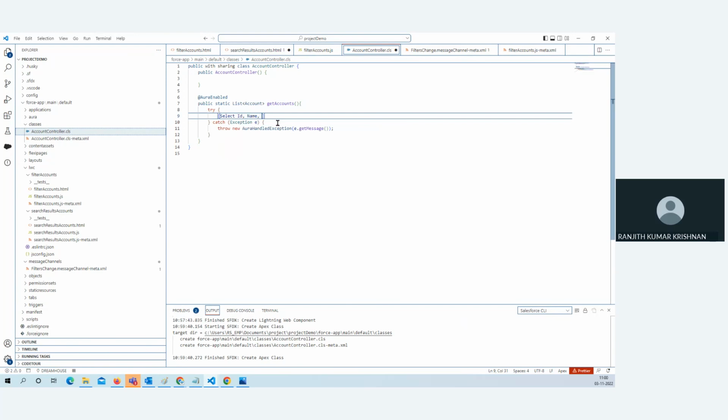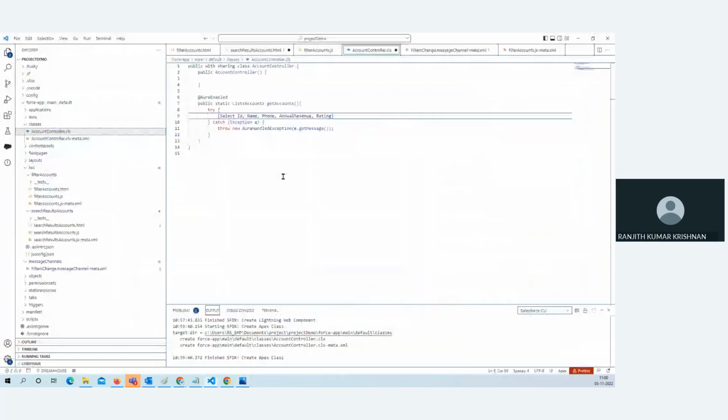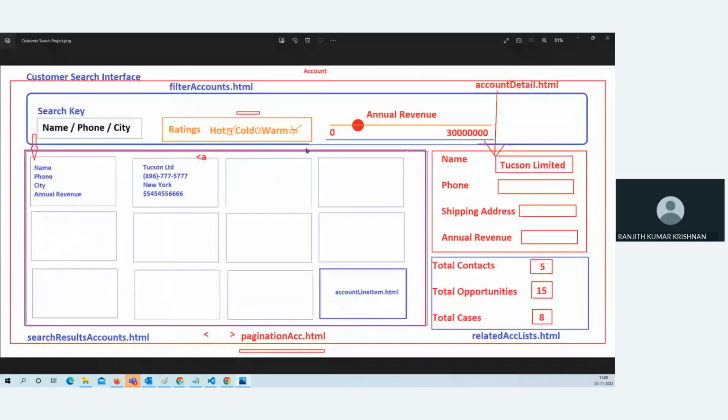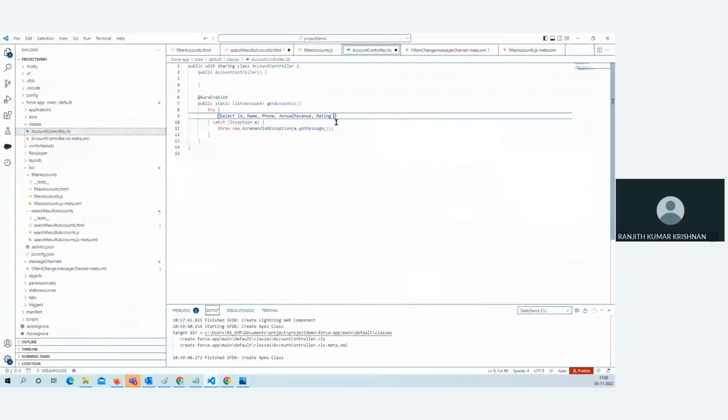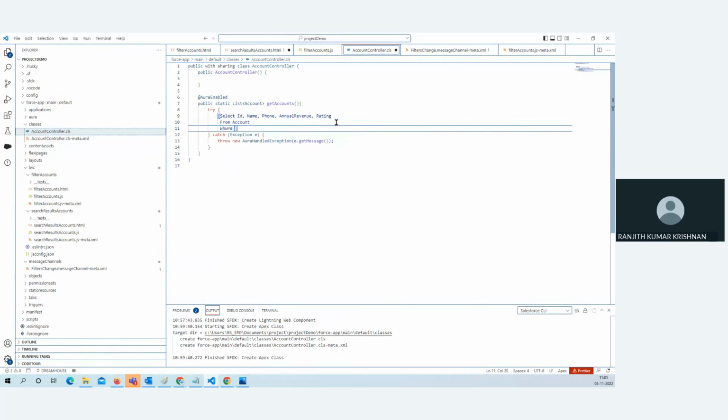ID, name, phone, annual revenue, rating. What we need now, right? Name, phone, city, annual revenue. Of course, I also pull the rating. Then from account, okay, and then where